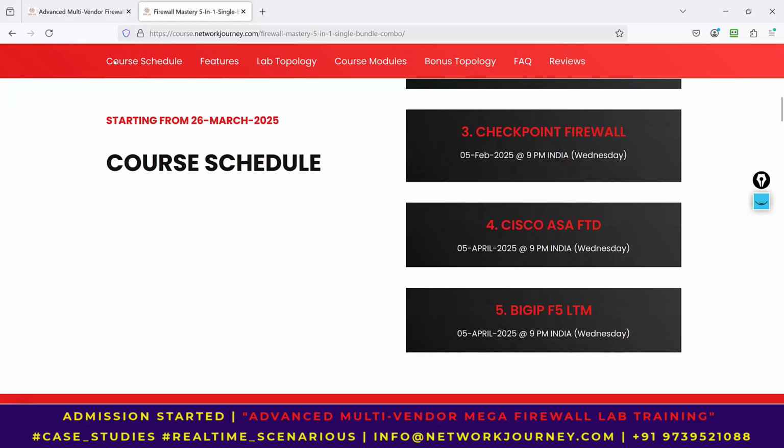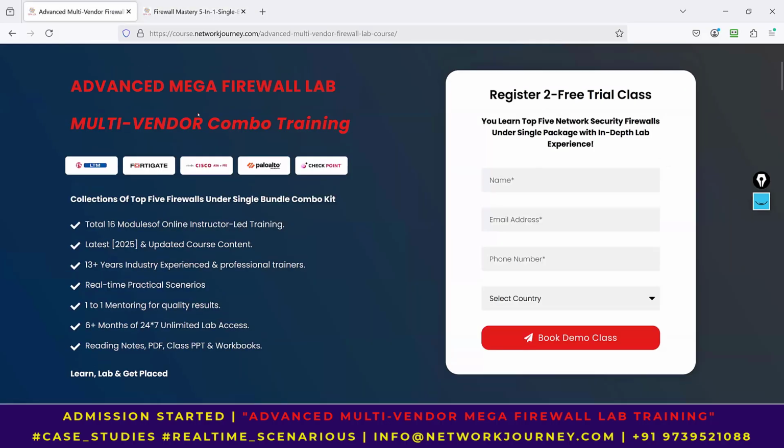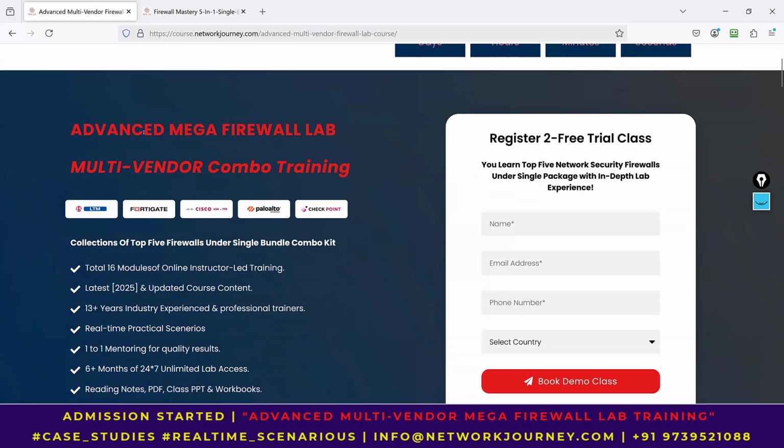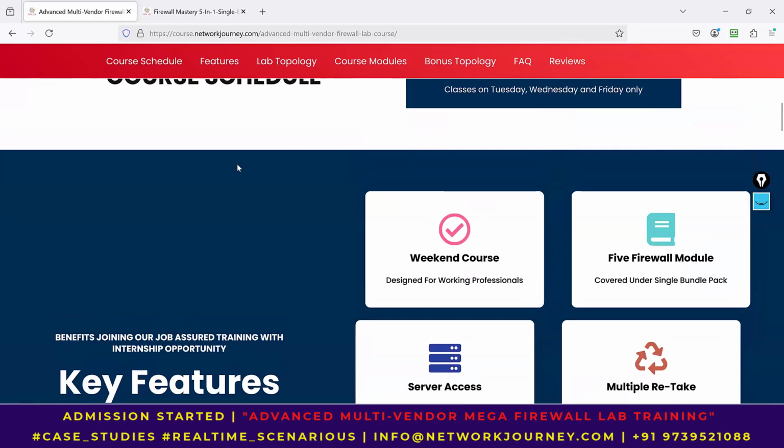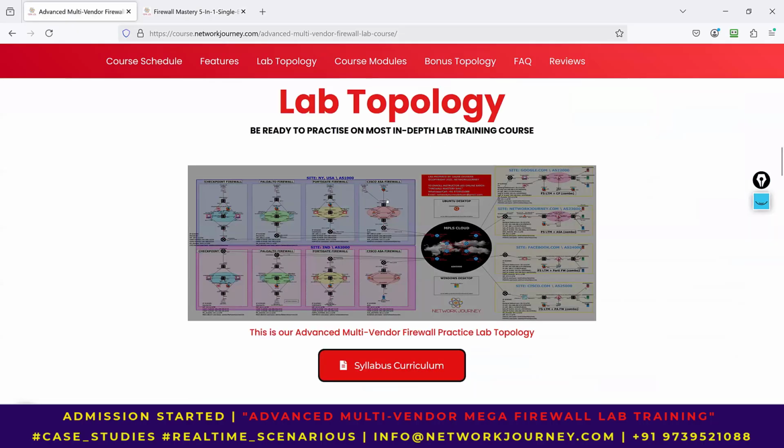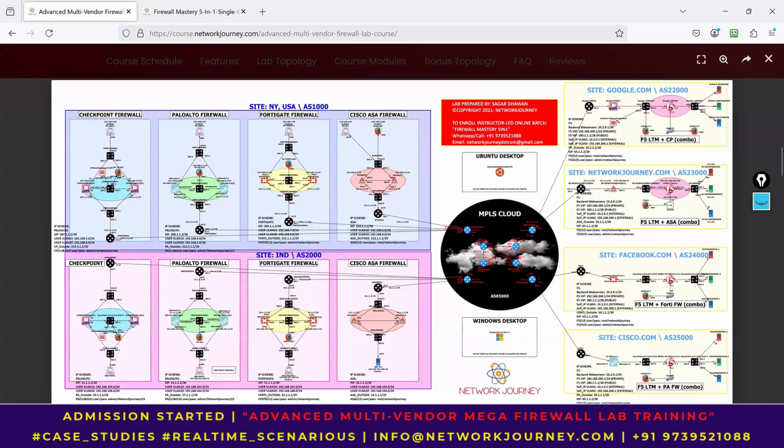network security platform, then that's why we have introduced another course which is called Advanced Mega Firewall Lab Multi-Vendor Combo Training. So here in this particular course, we will not be targeting single firewalls or single firewall component. It will basically consist of multiple different vendors, and it would be case studies based lab scenarios. So say for example, if